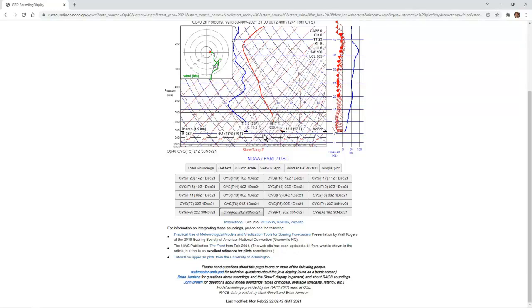It turns out to be 57 degrees or 13.8 degrees Celsius, and then you can easily look at this and say, okay, now the freezing level at this particular location and time is roughly 11,000, almost 12,000 feet. That may turn out that if you use the standard lapse rate, this may work out pretty well, but not in all cases. When you start looking at different temperature regimes where now it's much colder at this particular time